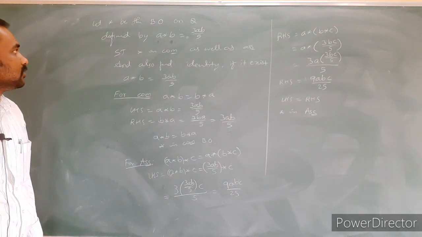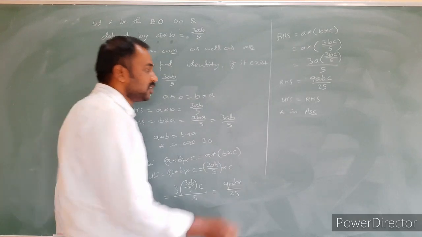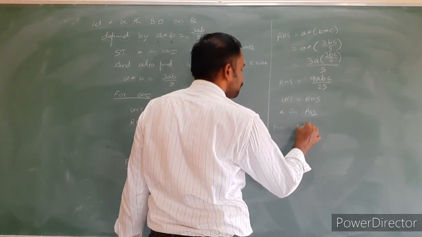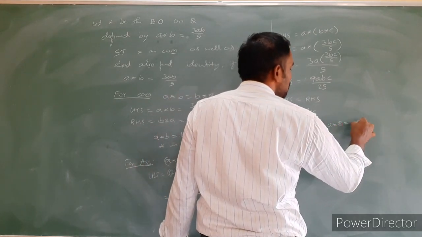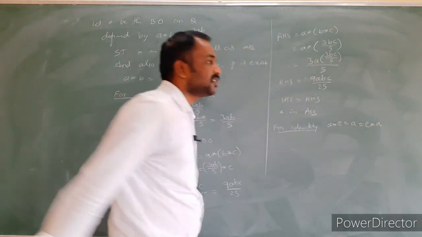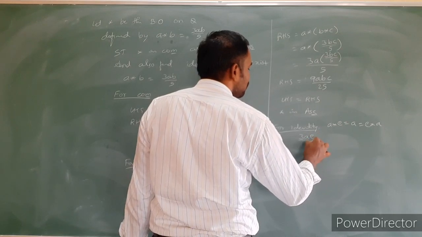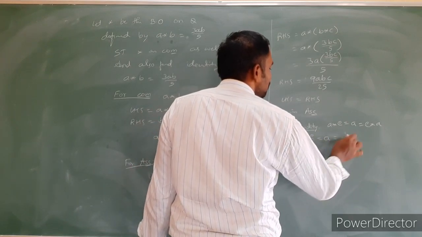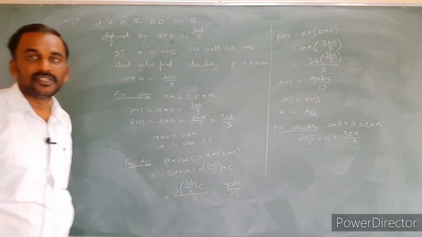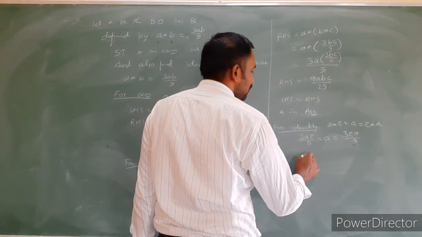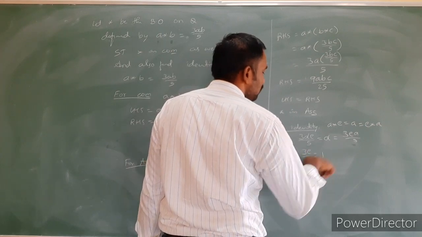Next, we have shown commutative as well as associative, and now find the identity element if it exists. For the identity, what is the identity element definition? Just immediately write the definition, we will get the answer, nothing to worry. According to the definition, simplify. a star e is nothing but 3ae by pi is equal to a is equal to 3ea by pi. We already arrived at the result that star is commutative, so it is sufficient to find the first value. What happens here? a gets cancelled. What is left? 3e by pi is equal to 1 is left.